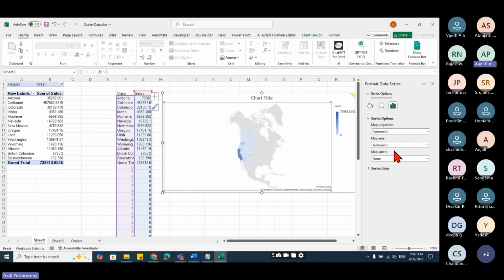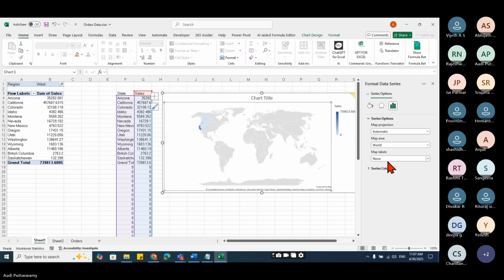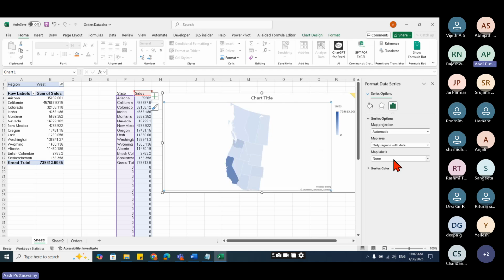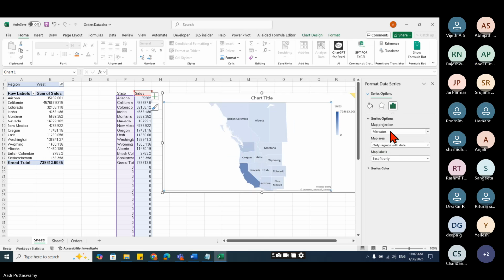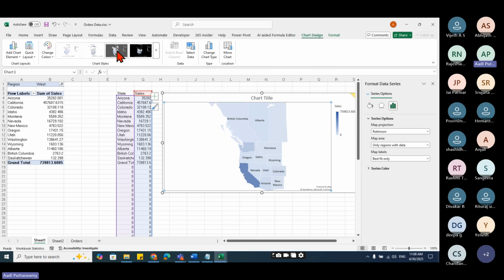Multiple countries. Here you can have the labels here. See, you can change the look and feel of it actually. And you can go to this design, see.